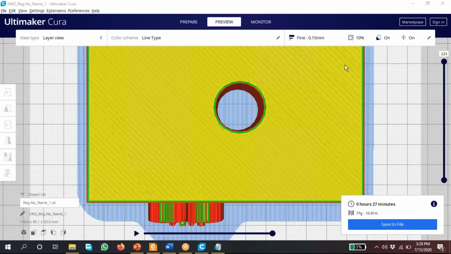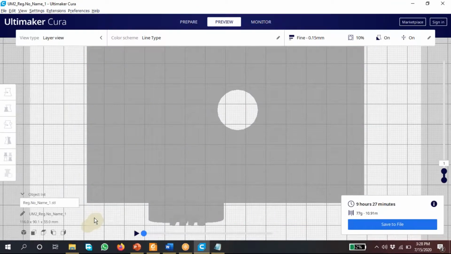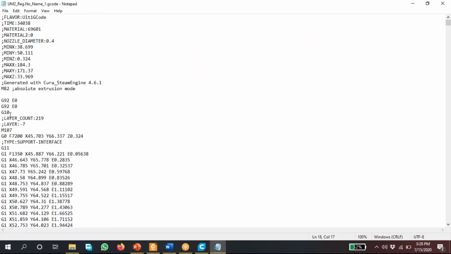What is that X and this? This is the XY position, where the nozzle is. X is plus 45, Y is 66.337, and Z indicates 0.324 mm.